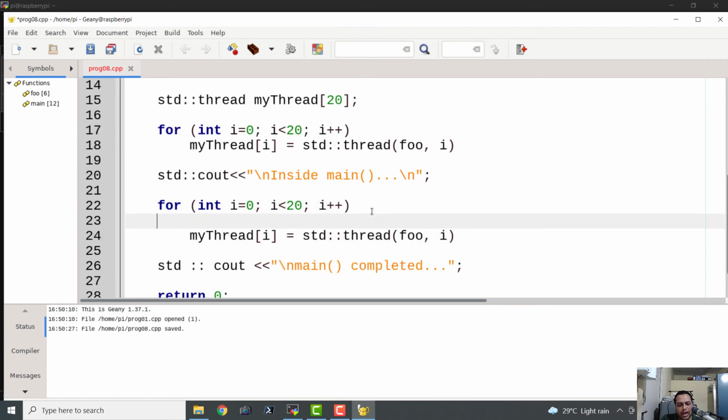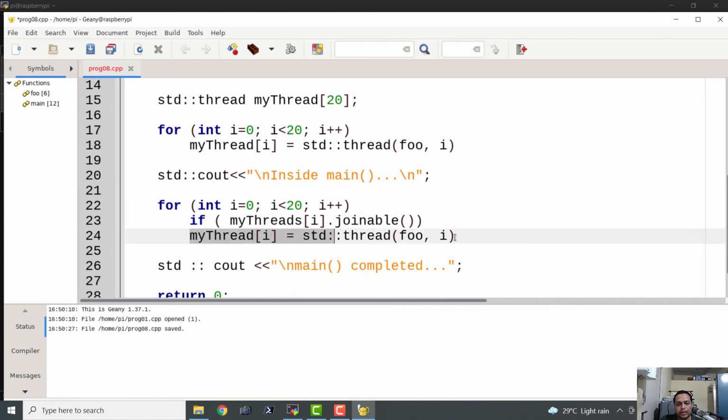I will just say if my_threads of i dot joinable, then I will say my_threads of i dot join, and let me save this and execute this.